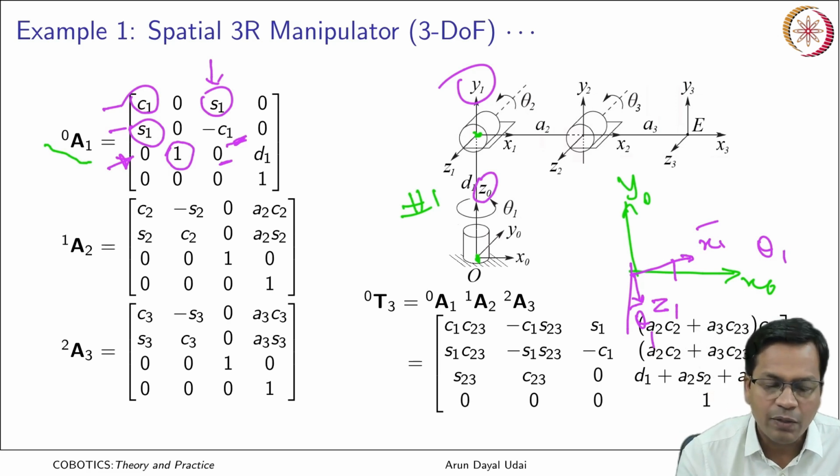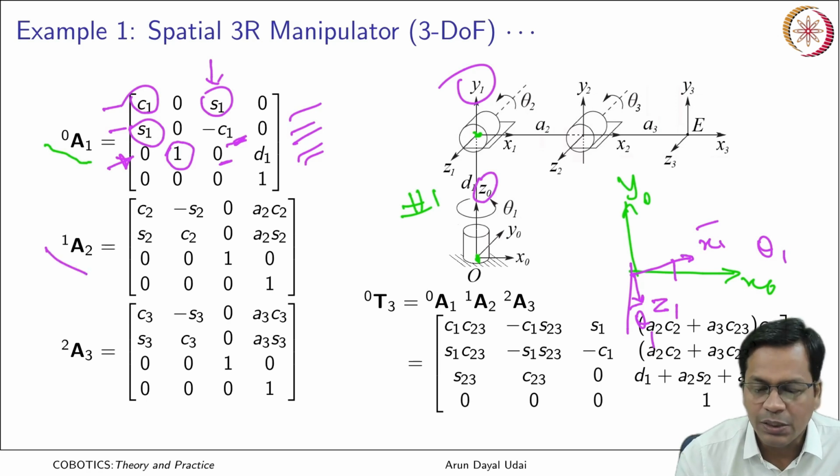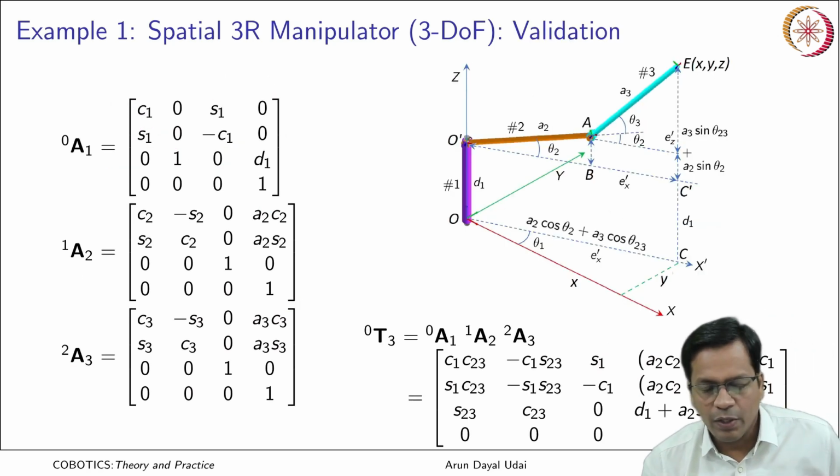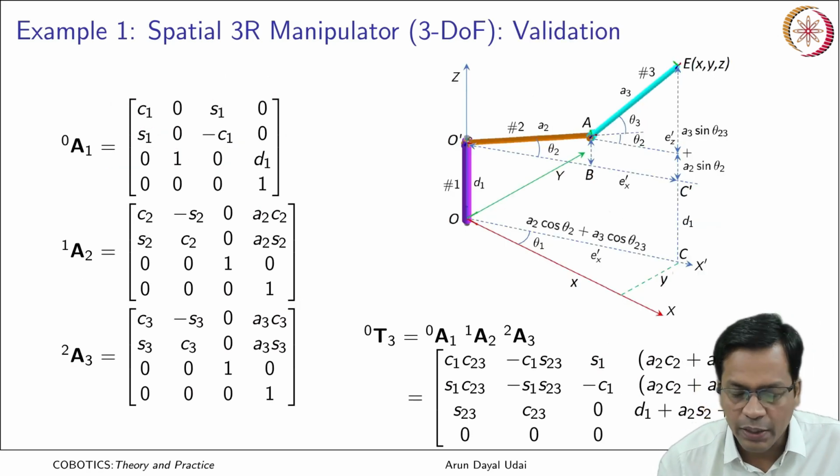So this is the way you can validate each one of these matrices. Okay, so if you have to validate this, you have to see this on this. If you have to validate this, you have to see this on this. Okay, so those are these orientation matrices. Okay, definitely this gives you the relative position as well. That we have anyway verified over here, so we won't do it again. So the final one would be this one. So the product of all these basically gives you this as orientation.